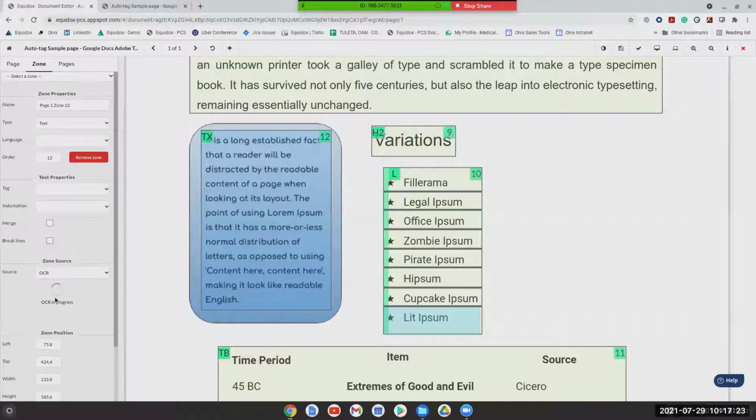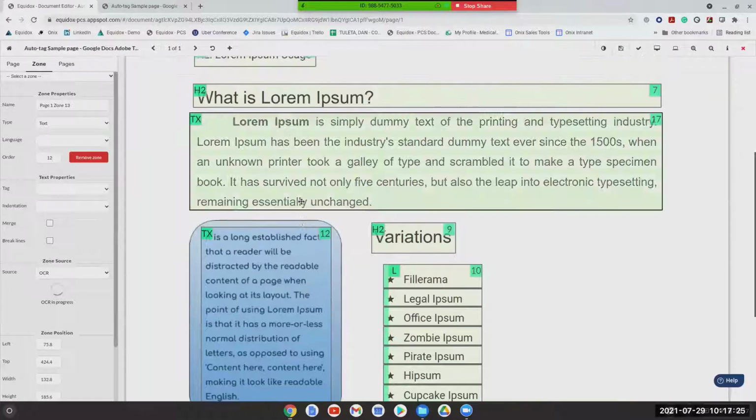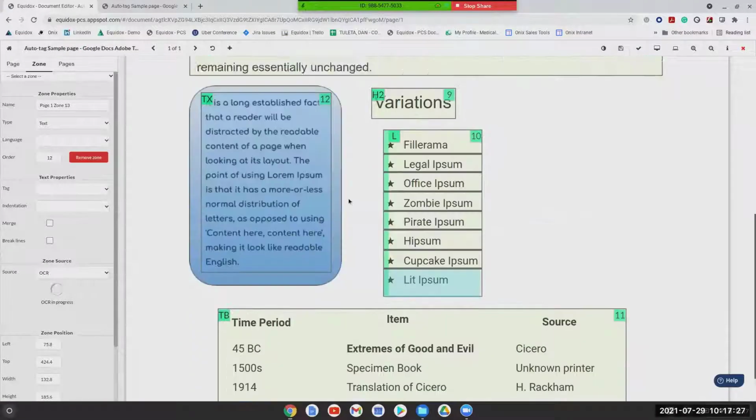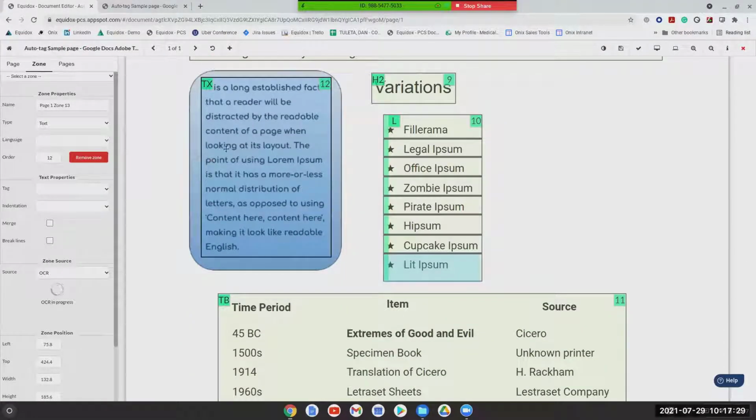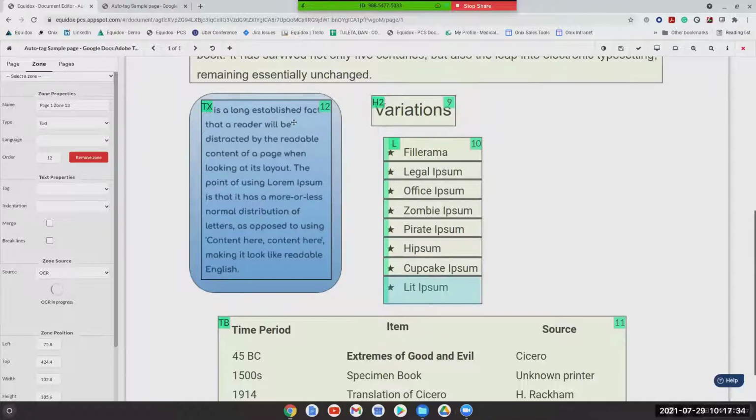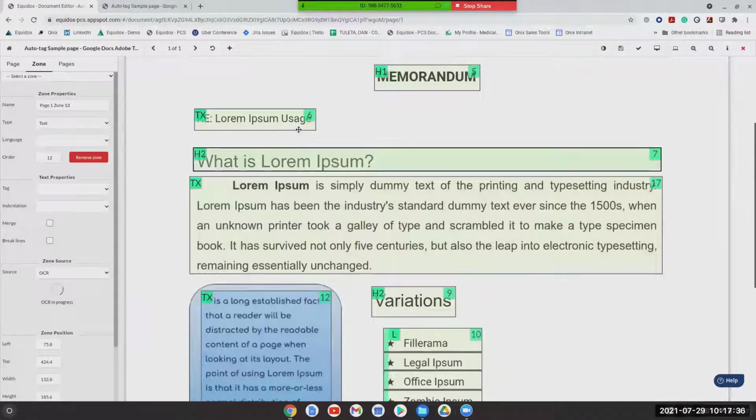My OCR engine seems to be sluggish this morning. It could be an internet connection problem, but once it's done processing, it will give me a block of actual usable, searchable, selectable text that can be read aloud by a screen reader.